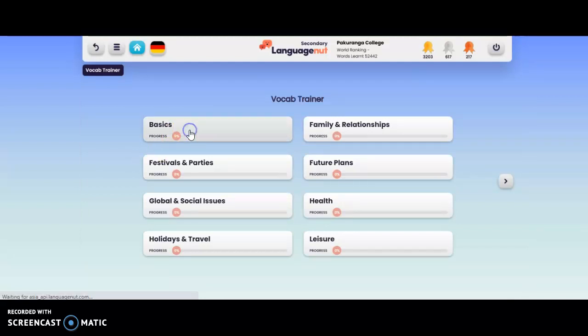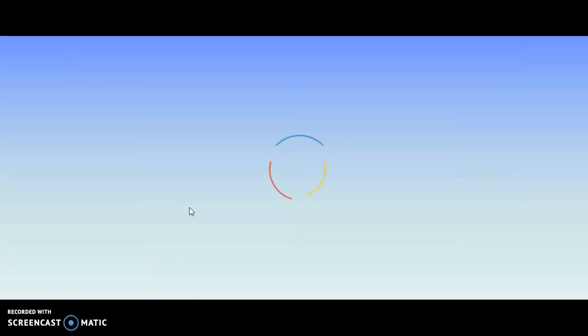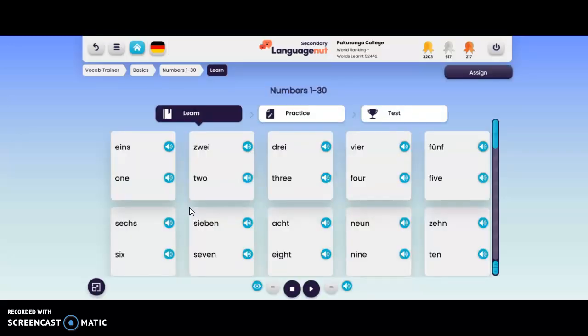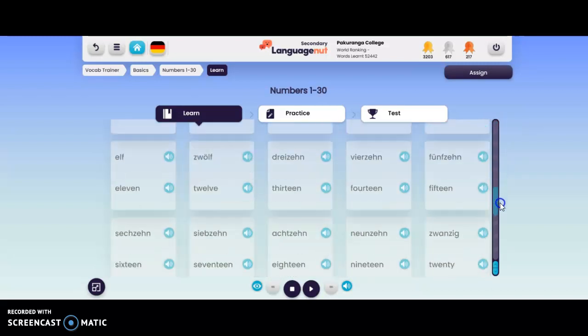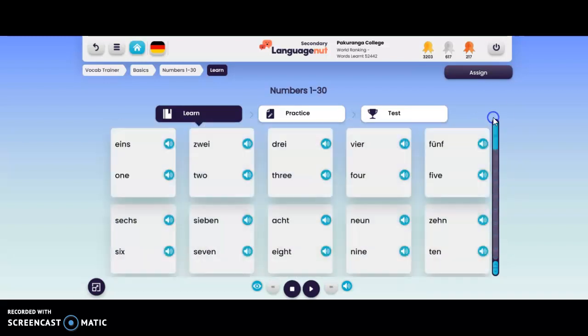Vocab trainer basics, and then you've got various different topics that you can go to there. So what we'll start with then is numbers 1 to 20. You just click on that, and then it takes you to 10 there. Scroll down to 20 and then 30. So if you want to listen to how it's said,